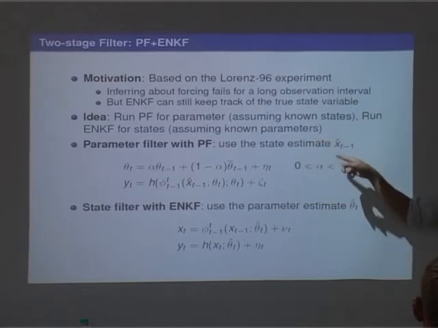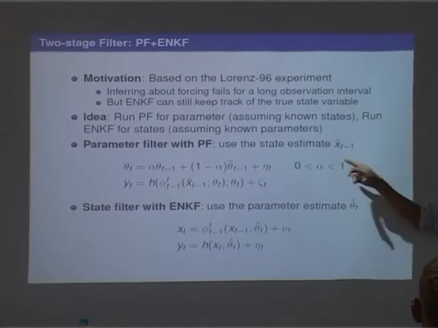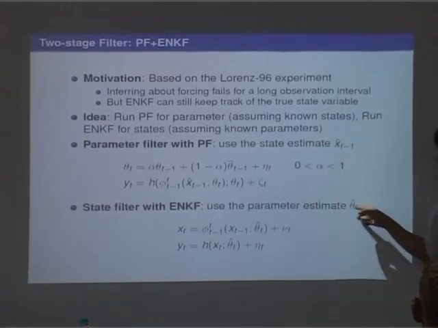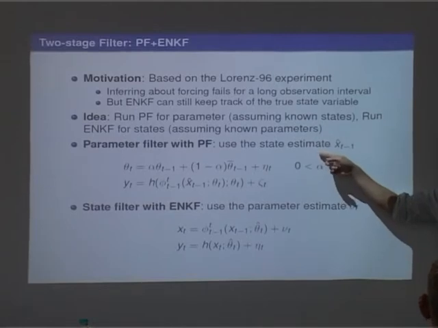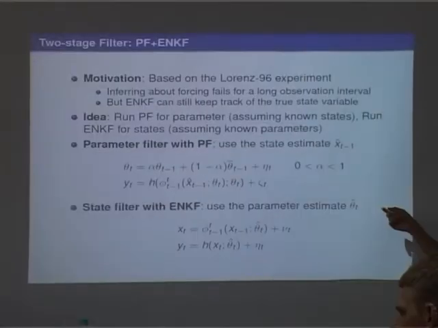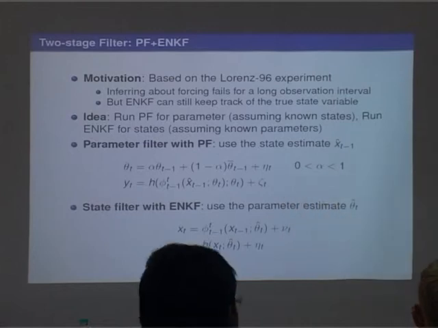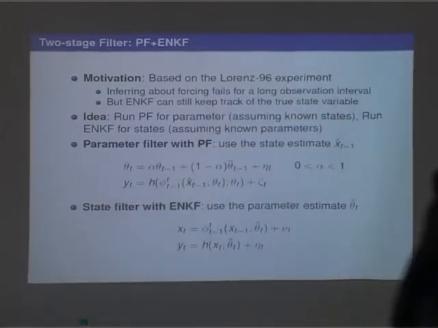At the next state of filtering, we are still at the same assimilation time step. I assume that this parameter is known, based on this one. It's the mean or the mode, a point estimate for your distribution, the best possible state in the parameter space. For the shot that you did, it is the mean among all the particles. Assume that it's known, and then just run the EnKF on the state, and just keep going like that.